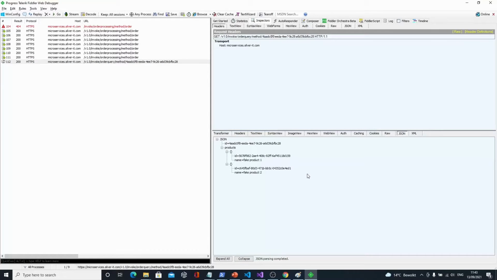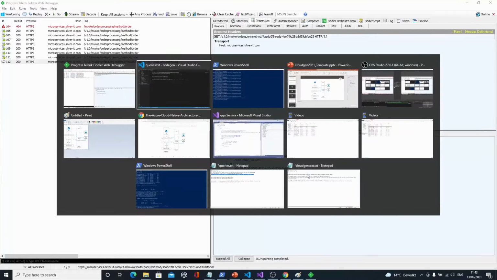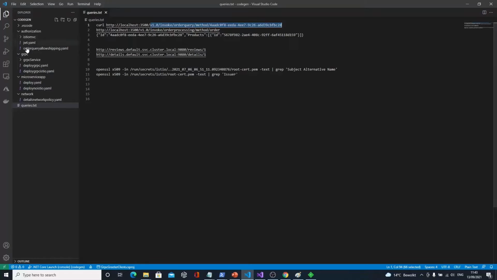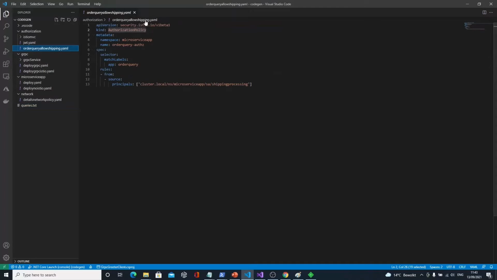So here I'm directly calling the service from an unintended place, because I'm using it from even outside the mesh, right? But that's for demo purposes, of course. Now if I want to make sure that this does not happen anymore, I can simply come by here and apply it.